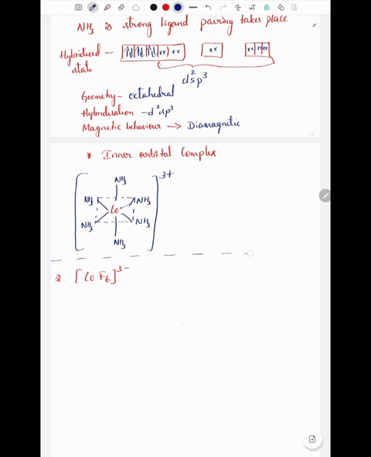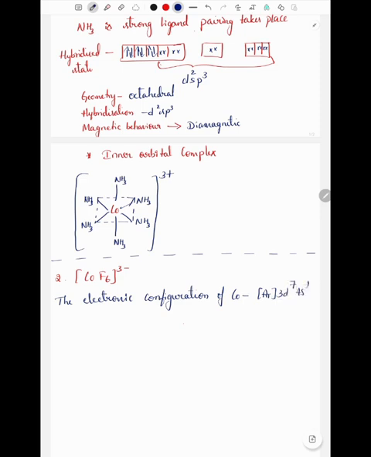In this, we can clearly understand that the given complex is an anionic complex and the name of the complex is hexafluorido cobaltate 3 ion. Right? We will follow the same procedure as the previous one. First, let us write the electronic configuration. The electronic configuration of cobalt is argon